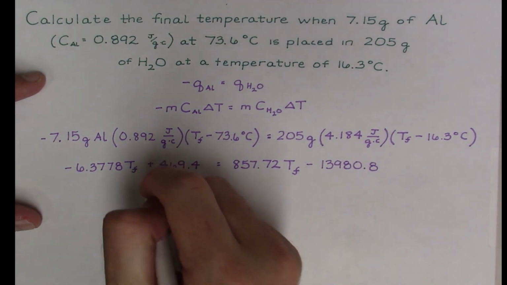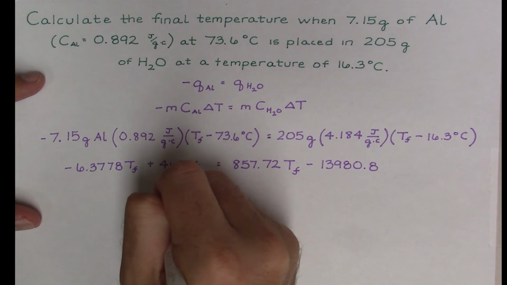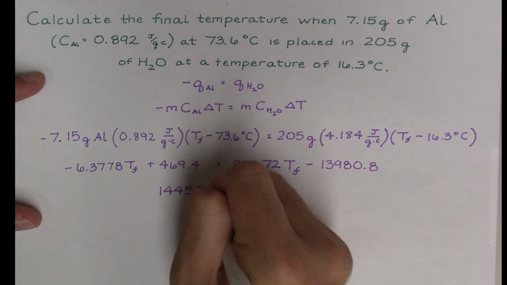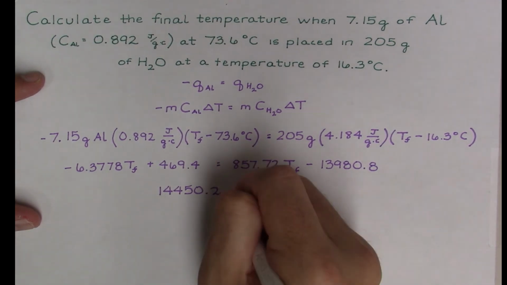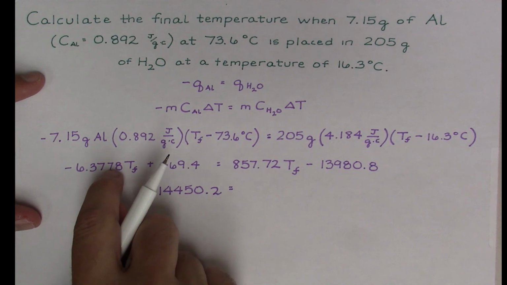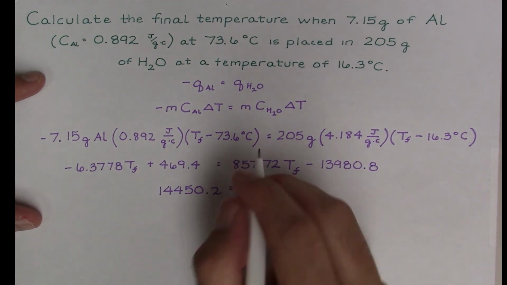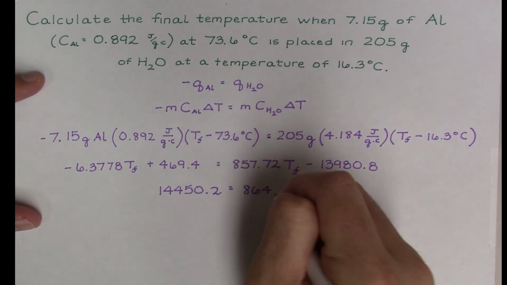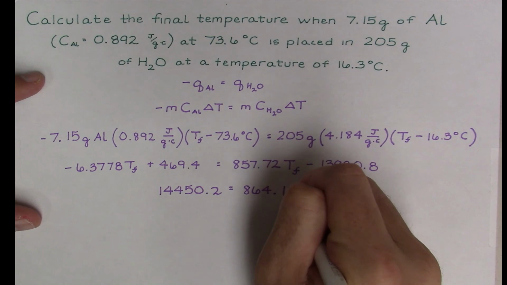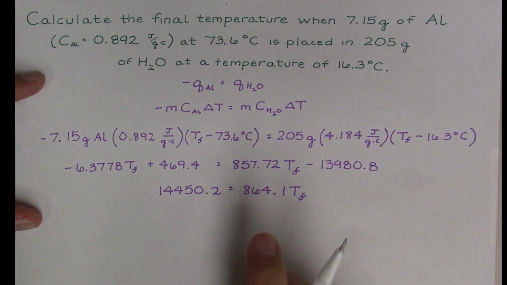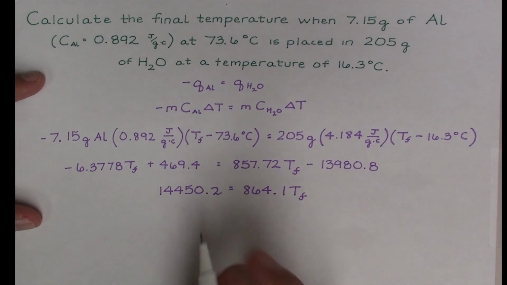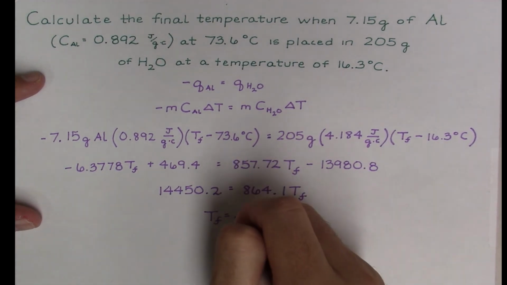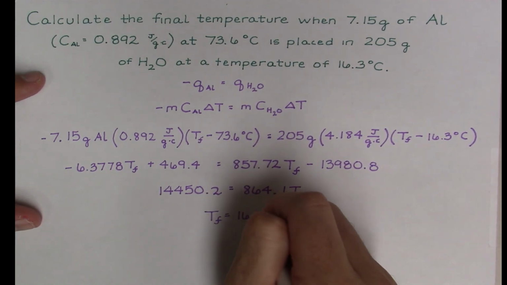We're going to bring the number part over to the left, and that will give us a value of 14,450.2. And then on the right side, we'll collect our temperature final terms. So we're going to add the 6.3778 term to the right side and get a value of 864.1 temperature final. To solve for TF, all we need to do is divide by our 864.1. If we do that, we will get a temperature final value of